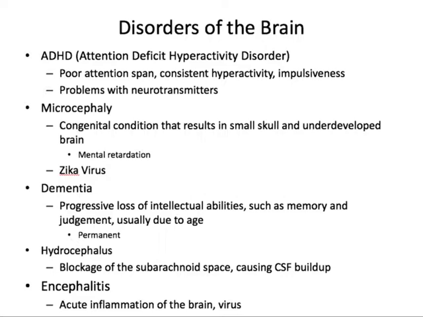because people that suffer from this aren't just having problems with attention, they also are often having issues with impulsiveness and hyperactivity. This is thought to occur due to issues with transmitters, the amount and type of neurotransmitters that are released.